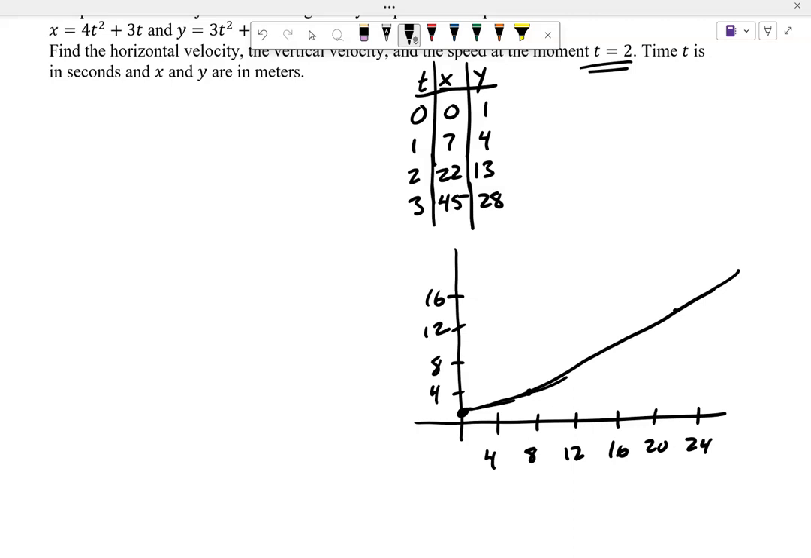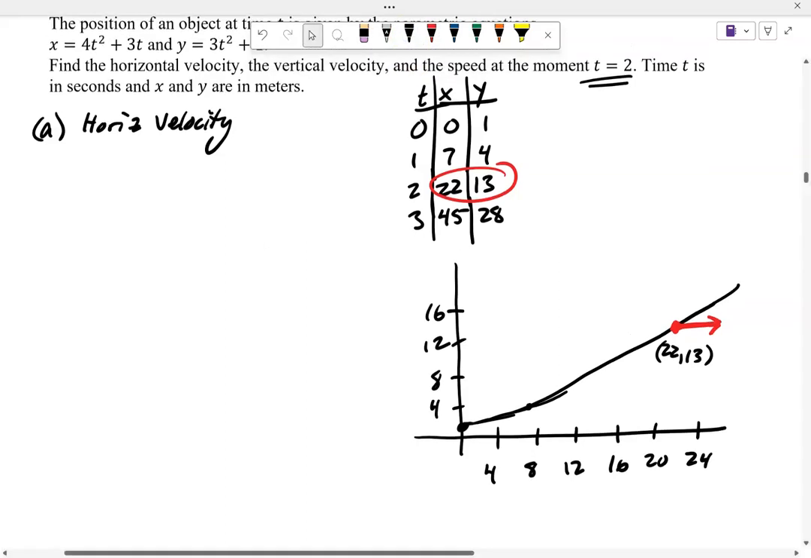Part A says find the horizontal velocity. So the horizontal vector represents the horizontal velocity at t being 2, right? So at this 22, 13 point, I'm trying to find this horizontal vector, okay? And so what I do is I'm going to take x of t, which is